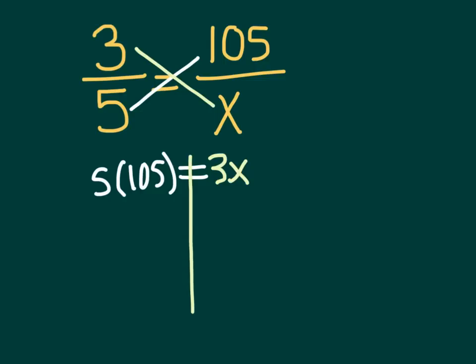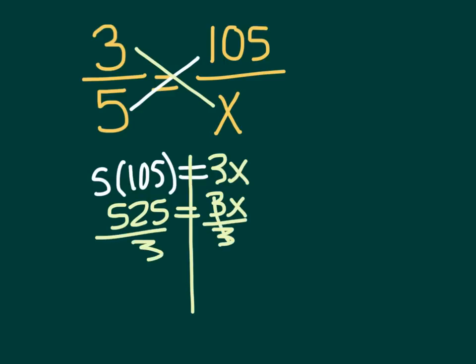5 times 105 is 525, and that has to equal 3x. And now we have to divide both sides by 3 so that we can get our x alone. And when I do that, I get 525 divided by 3 is 175. So x equals